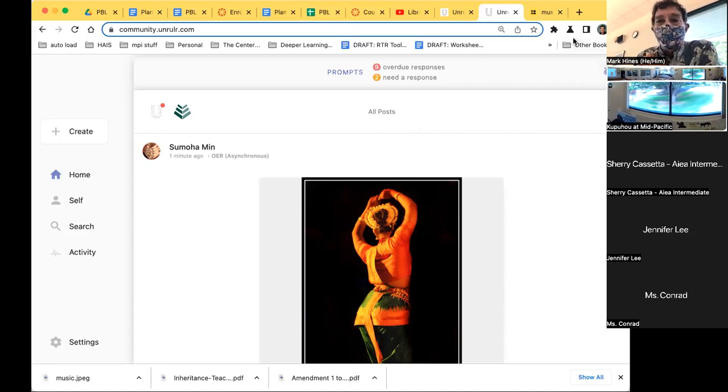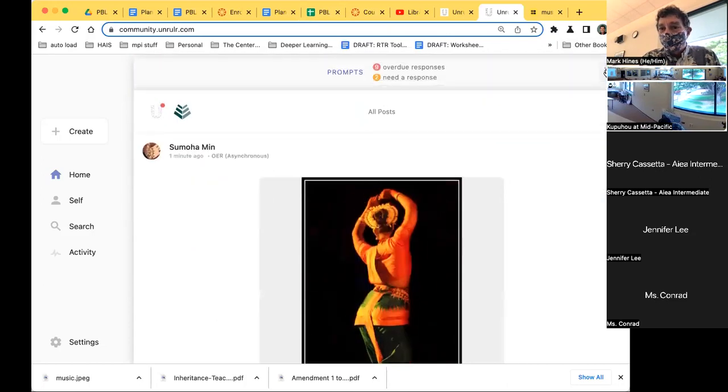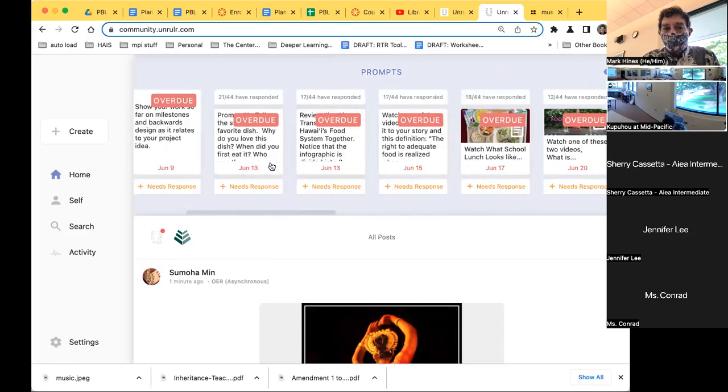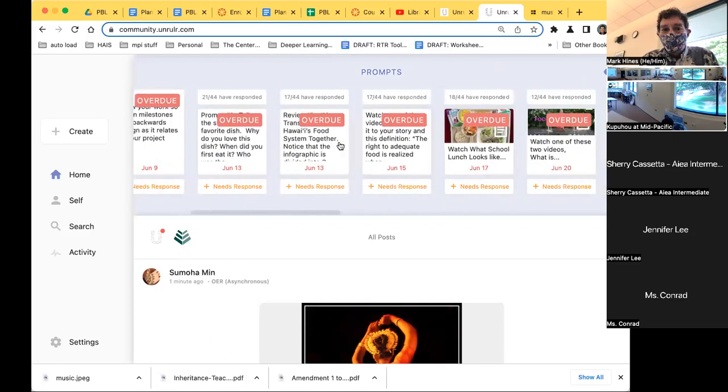One of the things I want to point out, both in the mobile app as well as the web browser, you can hide the prompts by clicking on the little eye icon in the top right-hand side when you're logged in. So the prompts will pop up. If you click on the eyeball, if there's a little line through it, that means you've hidden them. So again, this was about responding to that first prompt. Oops, sorry. So these are the ones that are here, where we were responding to